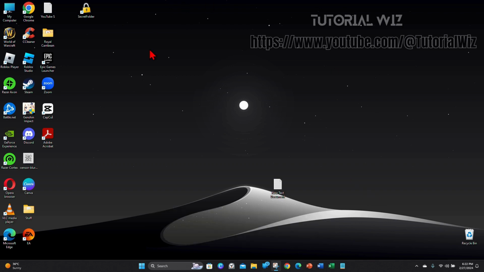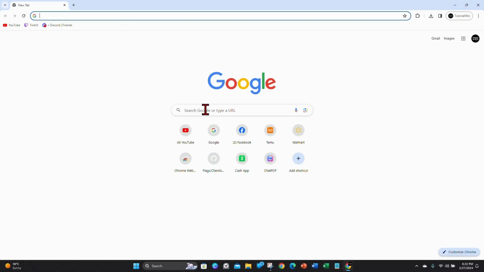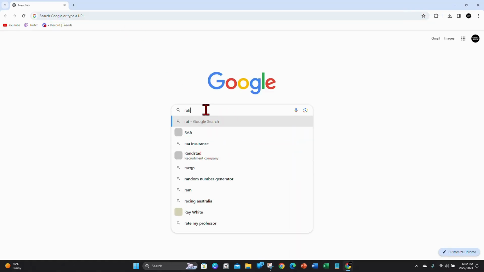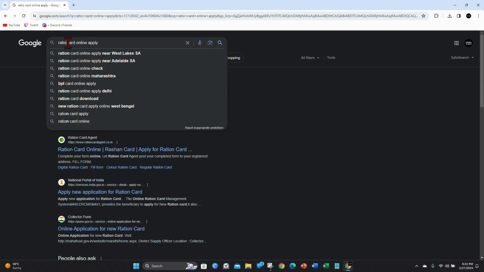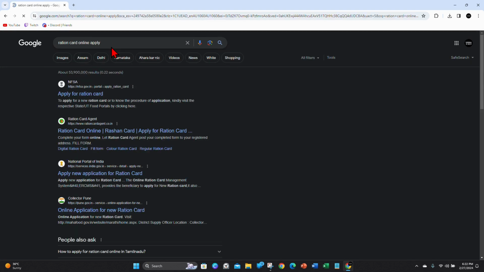So open up any web browser on your PC, laptop or even mobile device. Head over to Google and then type in ration card online apply. If I can spell ration, not ratio. And once here you got all these different options where you can apply. I suggest the ration card online from